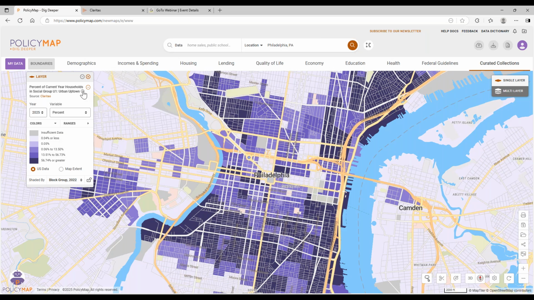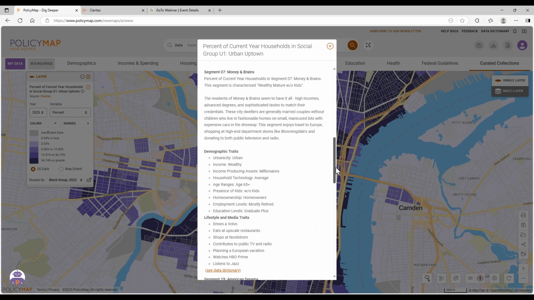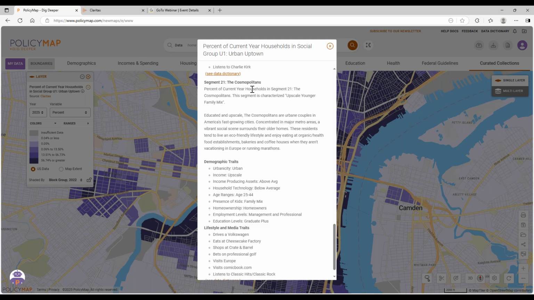If we then click on the eye icon again, it will show us the different segments that are included in the urban uptown social group. So again, we have these 4 here, along with descriptions for each of those. Now, if we start to read these and we scroll down to this last one, which is the cosmopolitans, we